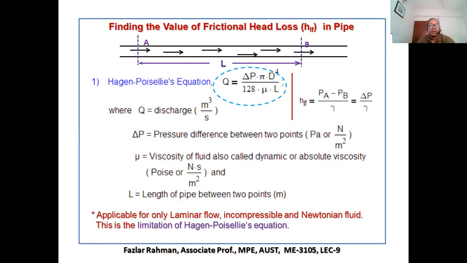Now, what is our target? To figure out the frictional head loss in the pipe. So you can apply Bernoulli's equation correctly. Now, in the previous lecture sheet, we talked about three equations: the Hagen-Poiseuille equation, the Darcy-Weisbach equation, and also Reynolds number. So Hagen-Poiseuille derived an equation. He's saying that the amount of fluid flow through a pipe will be defined by this formula, like Q equal to